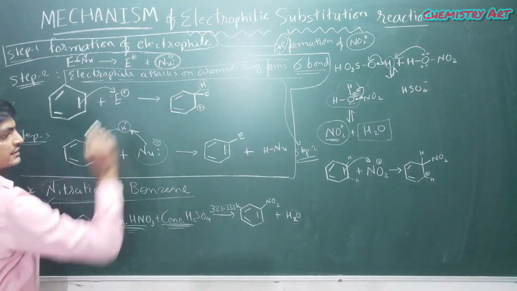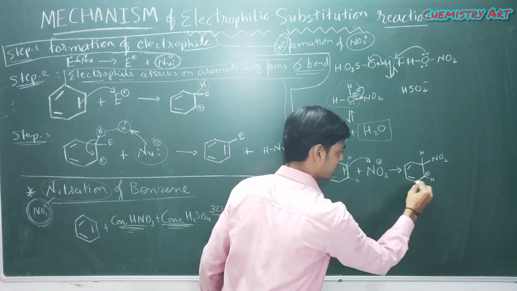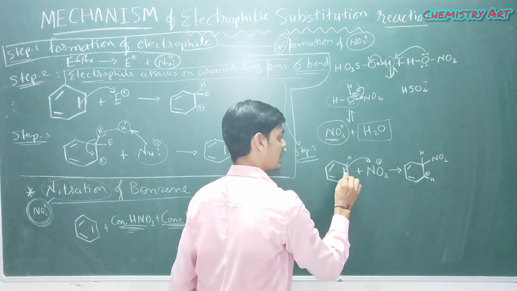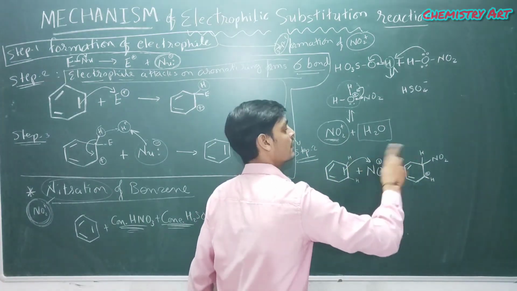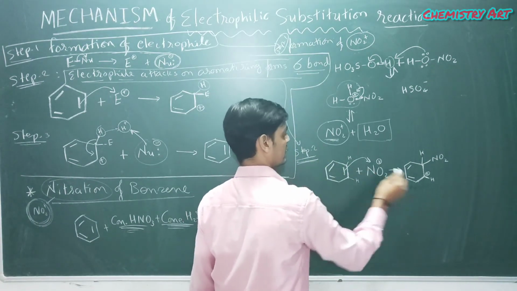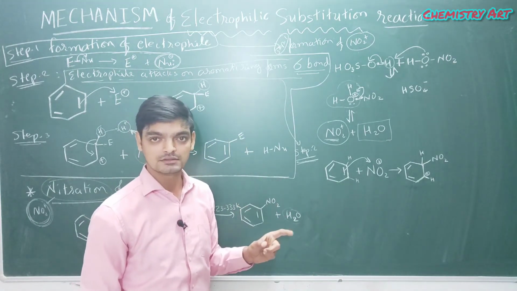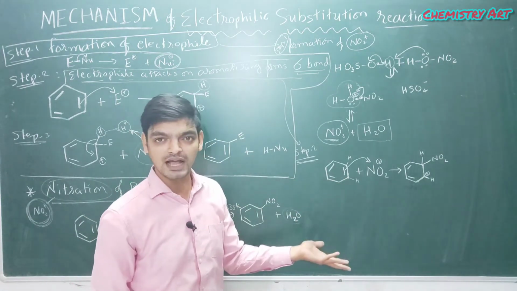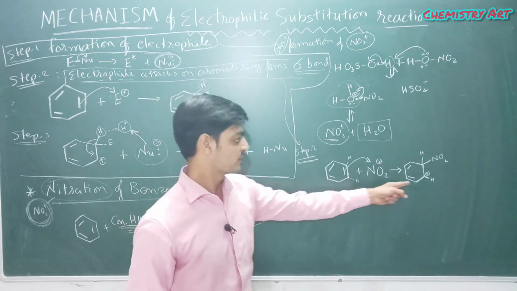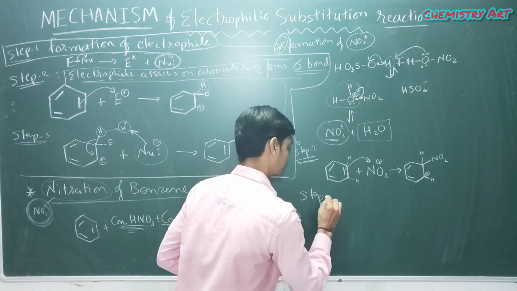Okay, see this one, and we are getting here positive charge because this carbon is having only 3 valency: 1, 2 and 3, because its electrons are donated towards the NO2. Okay, so at the end of the step number 2 we are getting carbocation. So step 2 we can also write the formation of carbocation. Okay, so in the step 2 we have this carbocation, and now the step number 3.